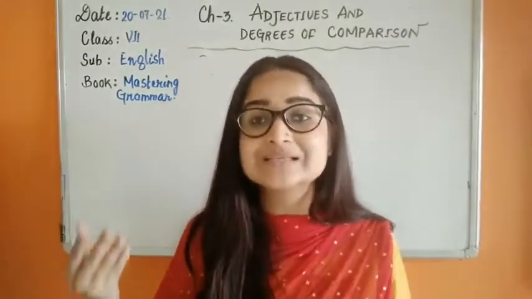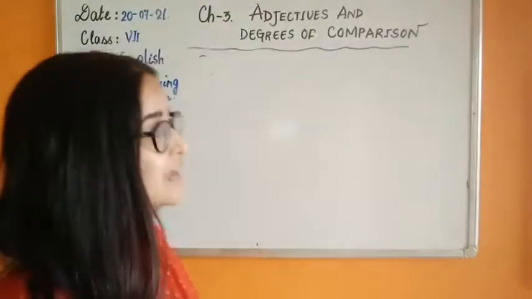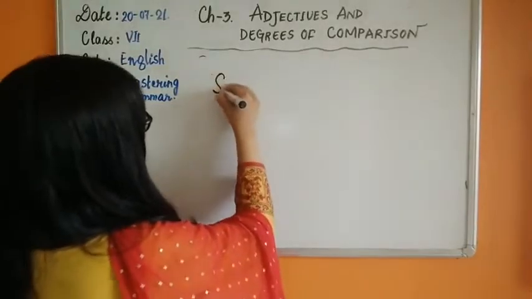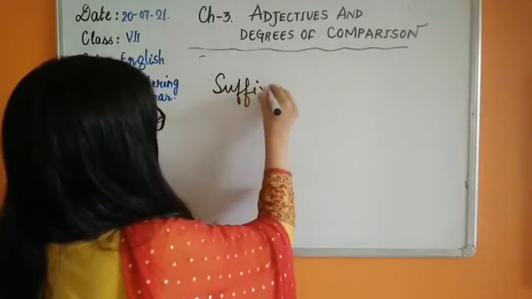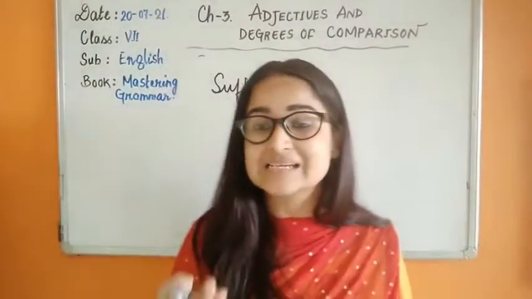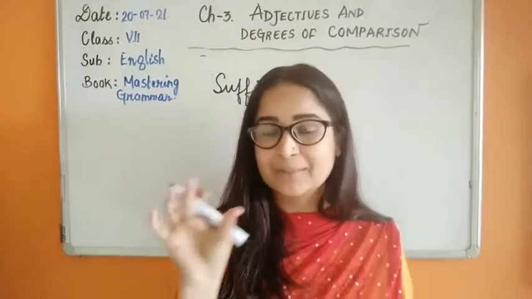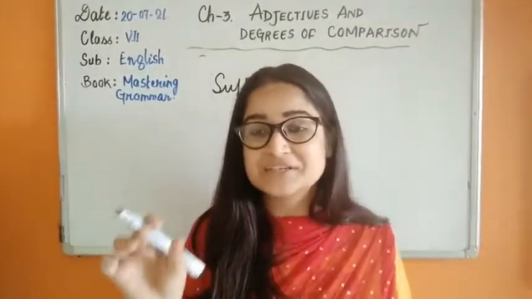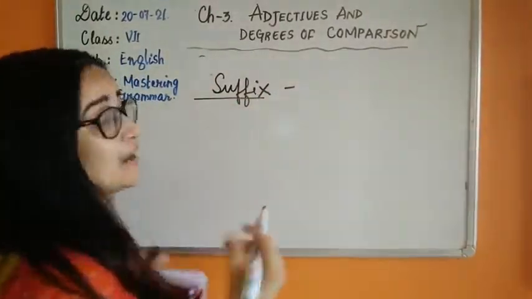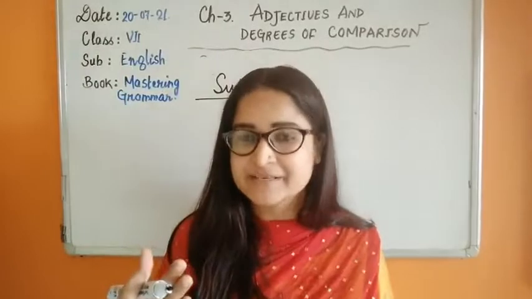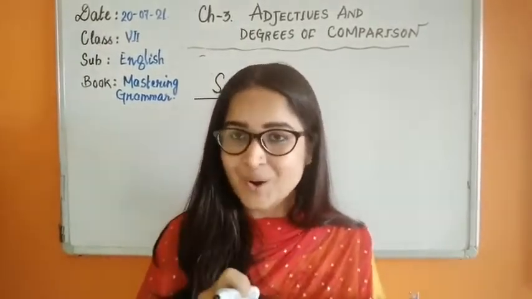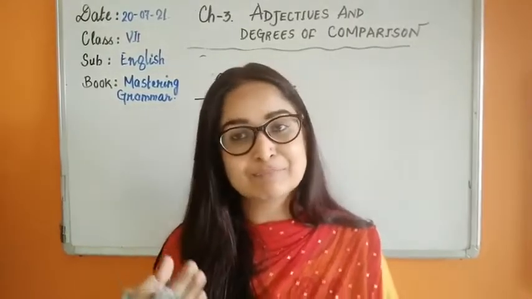Now children, what is a suffix? I think you may have heard about this. You may have heard the words add a suffix or prefix. Some letters are added to the end of the root word, the main word, and those letters are known as a suffix. And what is the opposite of suffix? Prefix. Some letters are added to the front, or in the beginning, of the root word. So that becomes a prefix.